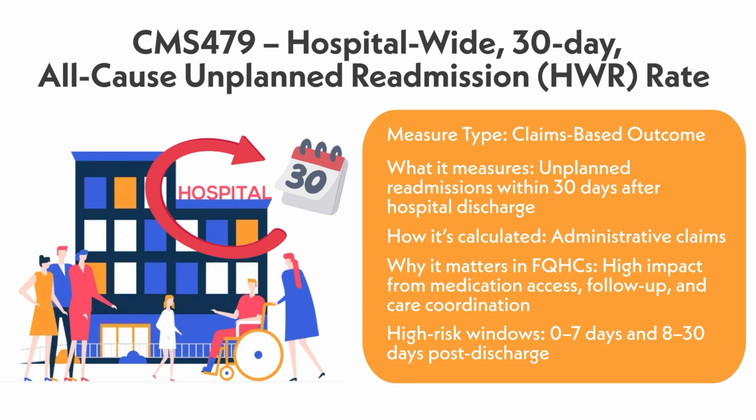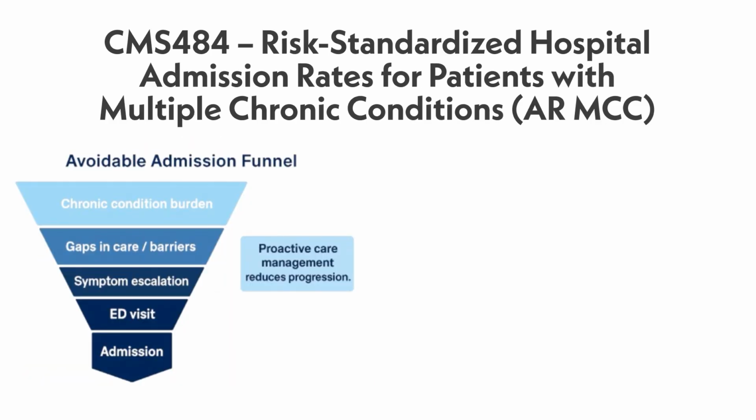For practical purposes, think of readmission prevention as a 30-day process with two high-risk windows: the first week after discharge, and then the remainder of the month where gaps in care, transportation barriers, or symptom escalation can bring a patient back to the hospital. Now we're on Quality ID 484, risk standardized hospital admission rates for patients with multiple chronic